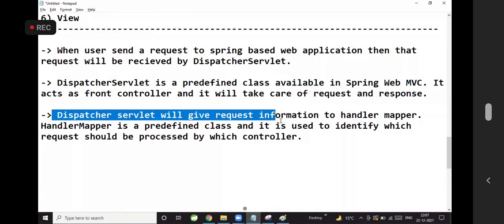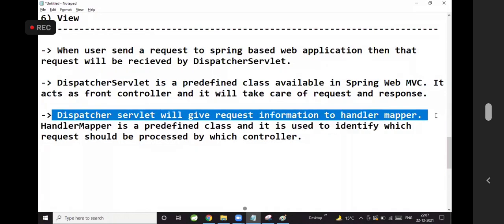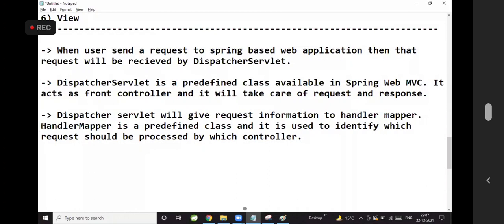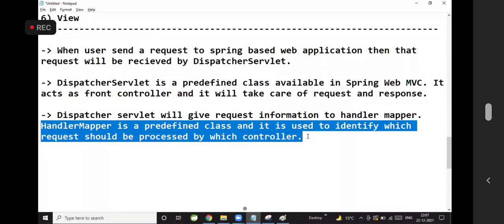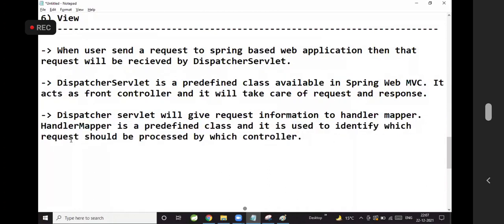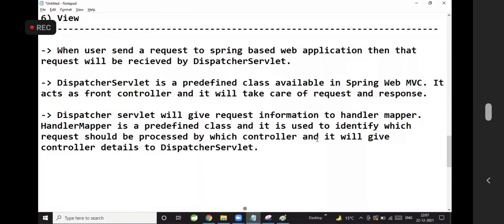Dispatcher servlet will give request information to handler mapper. Handler mapper is a predefined class and it is used to identify which request should be processed by which controller. It identifies which request should be processed by which controller and it will give controller details to dispatcher servlet. Are you getting my point?